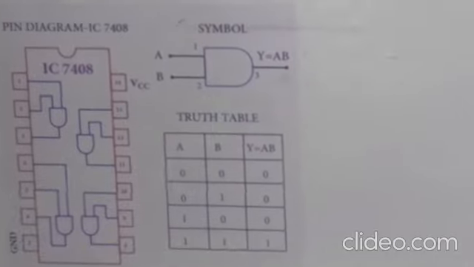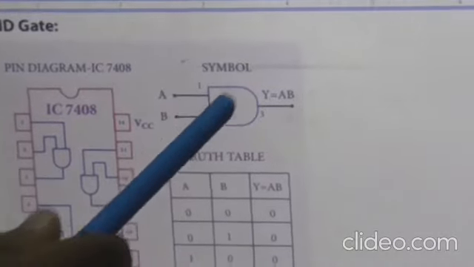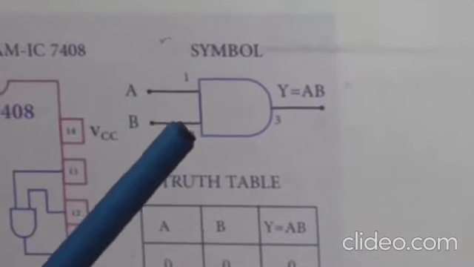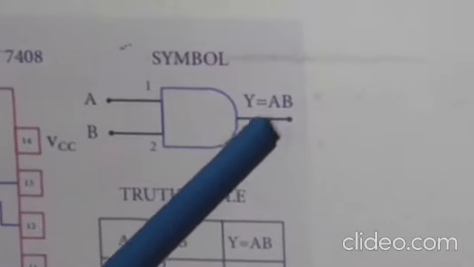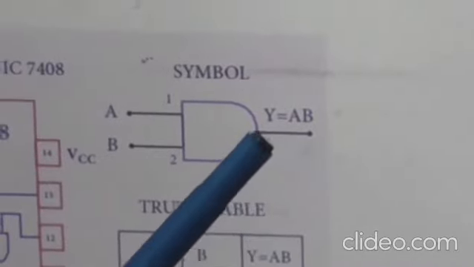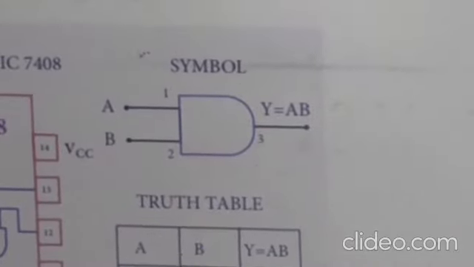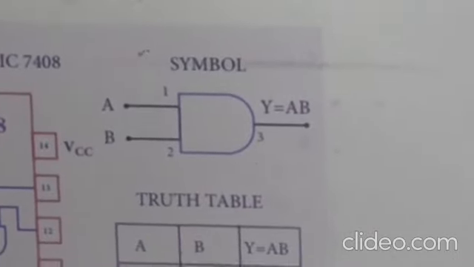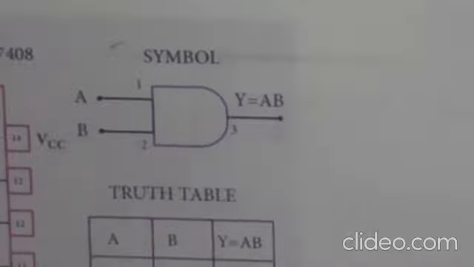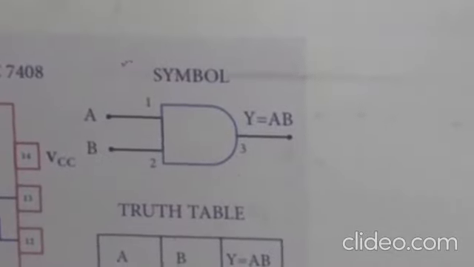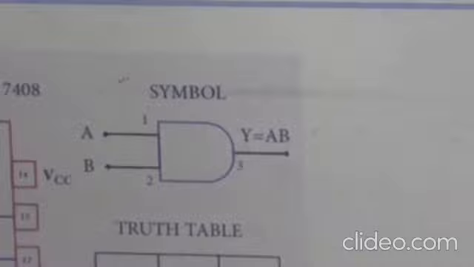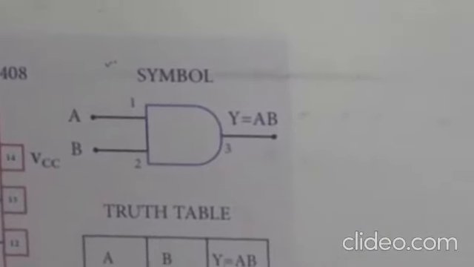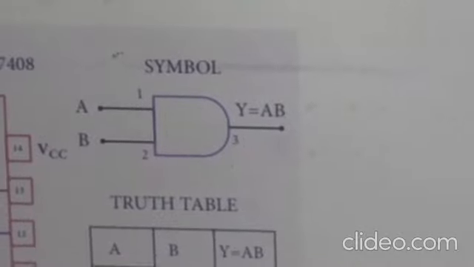Is it clear? If you see this symbol, the AND gate symbol, A is one input, B is the second input, which produces Y as output, with the logical equation Y is equal to A dot B. Whenever A and B both inputs are 1 1, then we get the output 1, otherwise it is 0. What is meant by 1? 1 stands for logic 1, and 0 stands for logic 0, or in other words 1 is nothing but on and 0 is nothing but off.